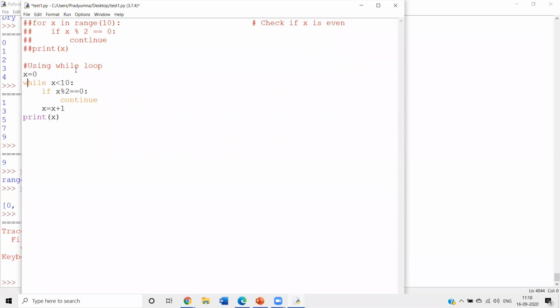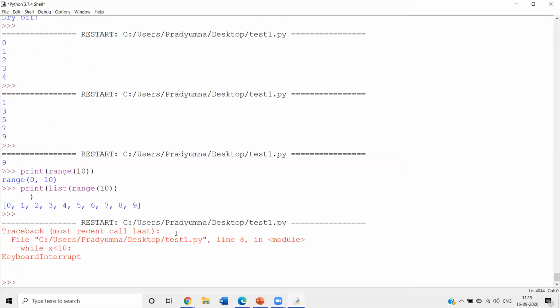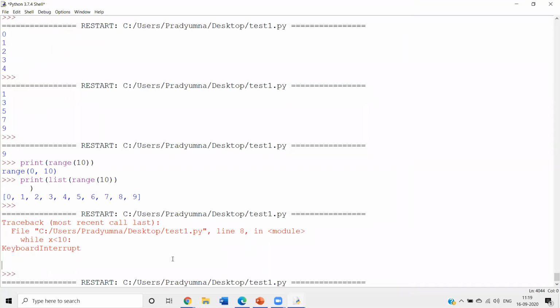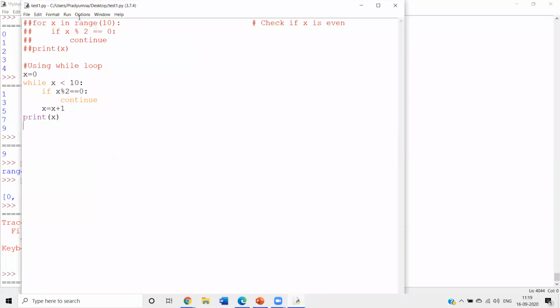While x equals 0, while x less than 10, if x... Line number 8, some problem is there. What is that? 1, 2, 3, 4, 5, 6, 7. What is the problem? While x